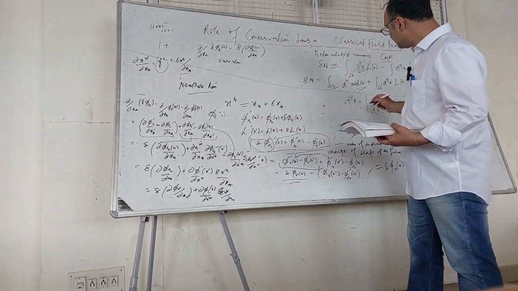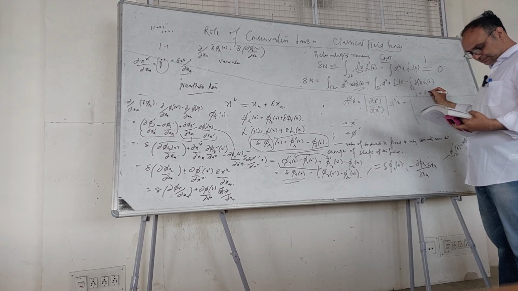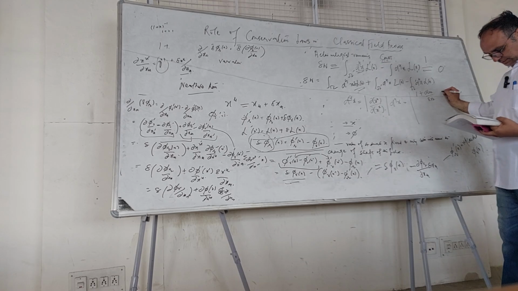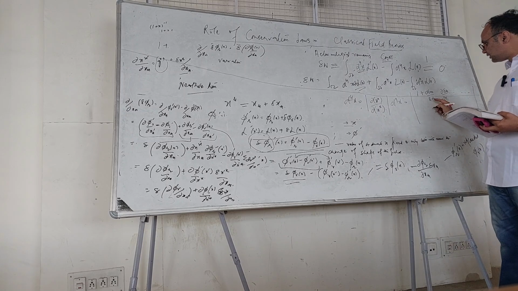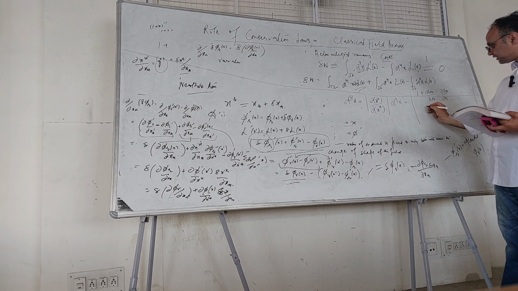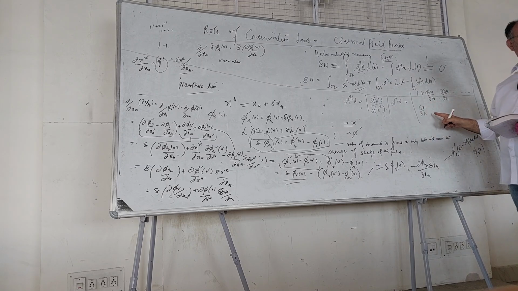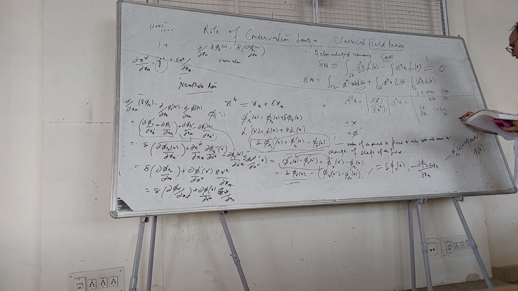So it can be like this: 1 plus delta x0 by delta x0, delta x0 by delta x1, so on. इसी तरह ये भी 1 आएगा, फिर ये आएगा delta x1 by delta x0, फिर delta x1 by delta x1, delta x2 by delta x, ऐसे करके. तो दूसरी टर्म आएगी इसकी, इसका 1 plus